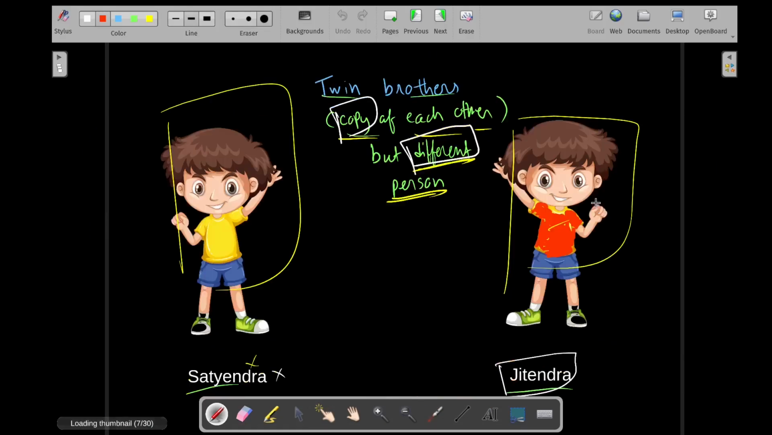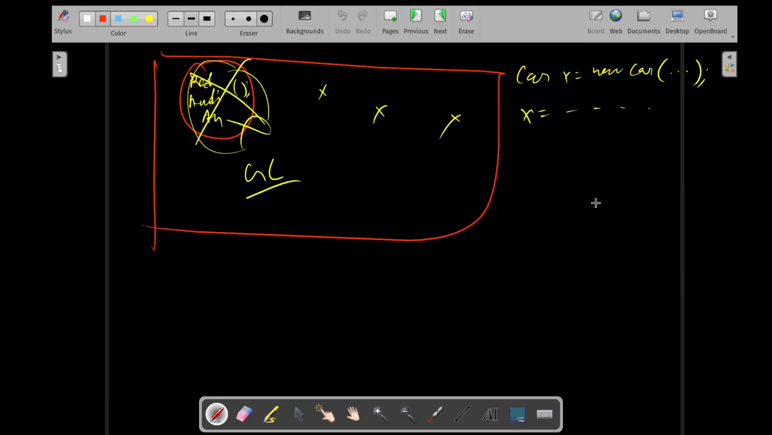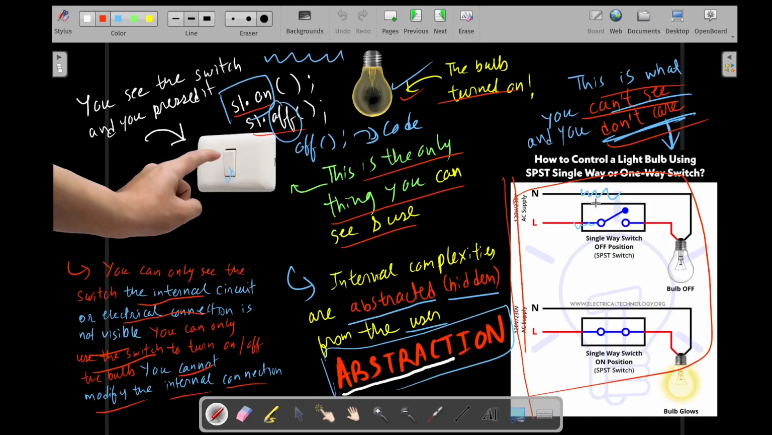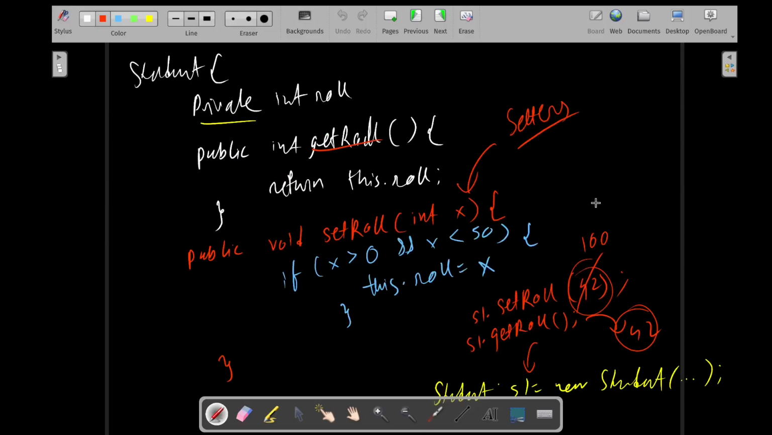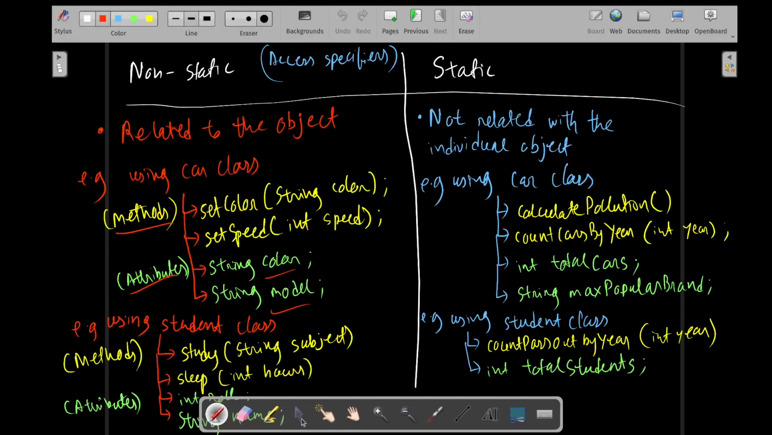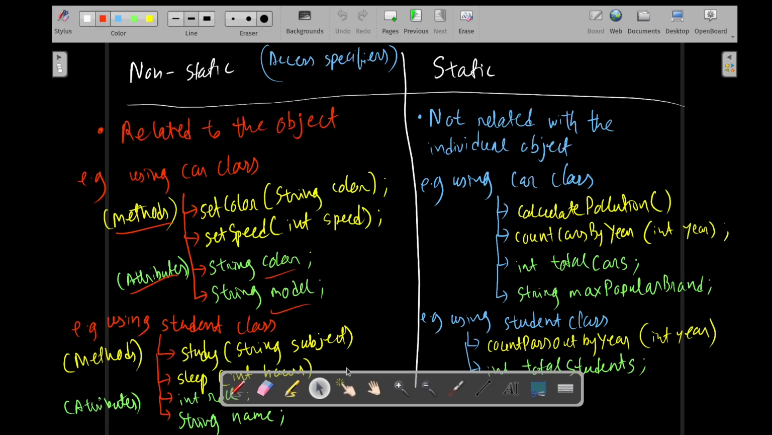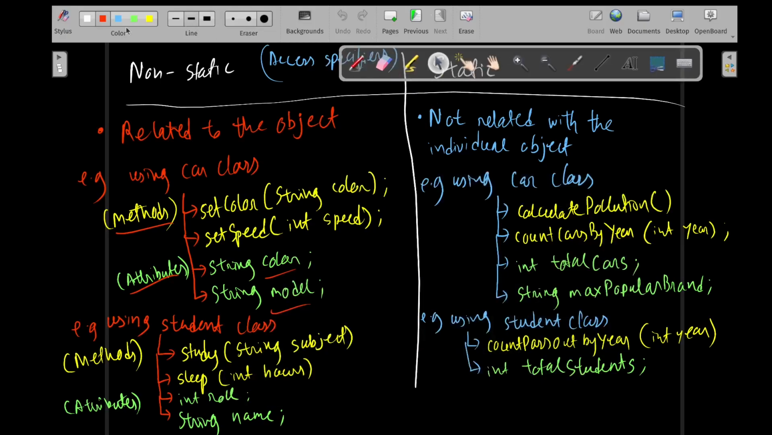I have taken another example. Let me go back. Let's take another example, using the student class, study. Study is a non-static method. Why? Because it is binded to the object. If I say s1 dot study and I put maybe science,